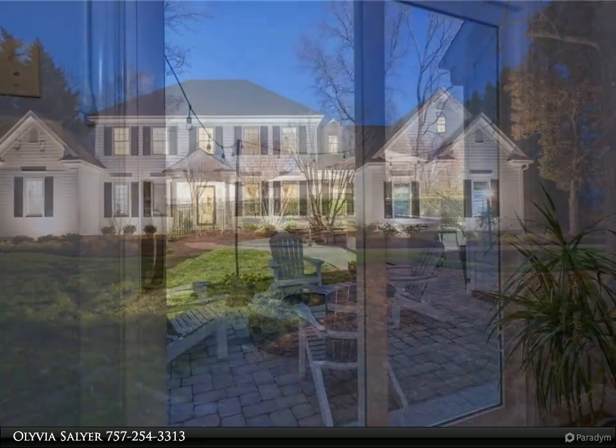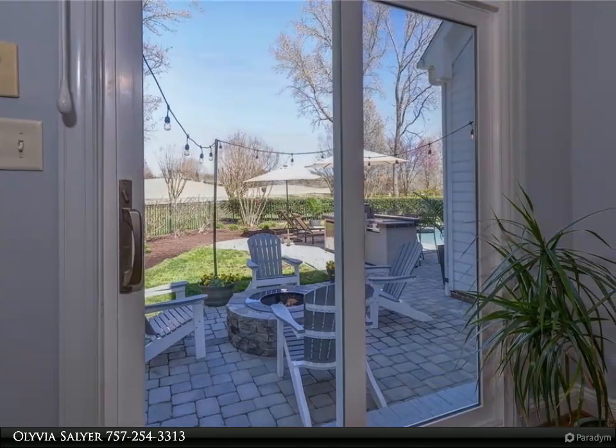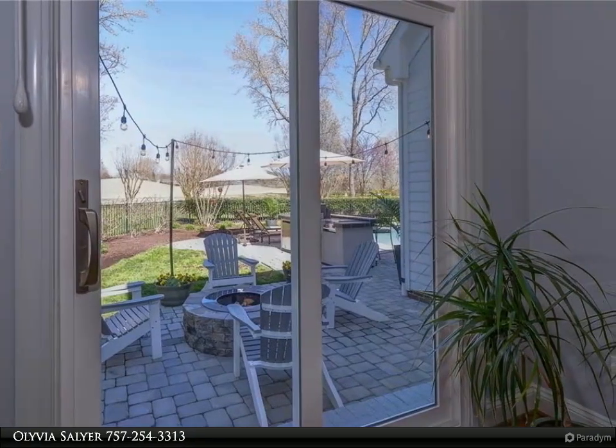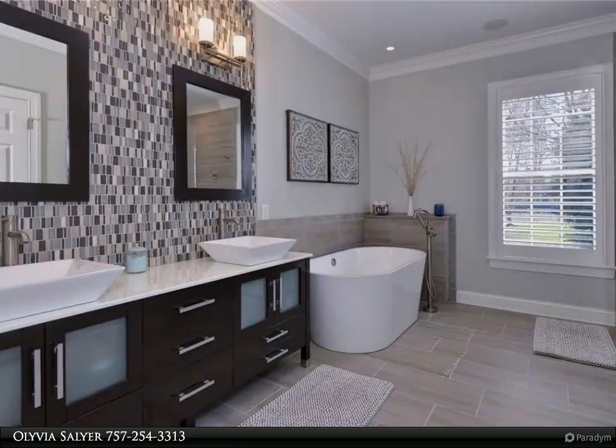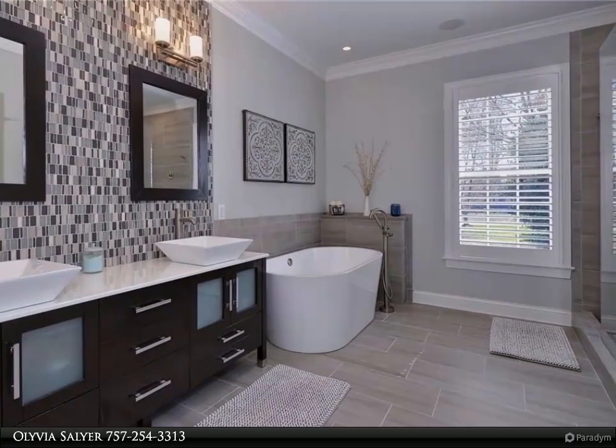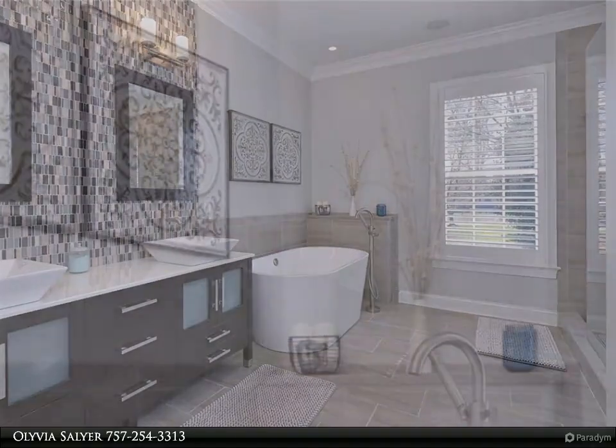Gorgeous updated home situated on the 7th hole of Ford's Colony's Blue Heron Golf Course. Gracious open floor plan with pool and golf views throughout the main level. Primary suite on the main level with attached office and fully renovated spa-like bath featuring freestanding tub, dual vanities, and